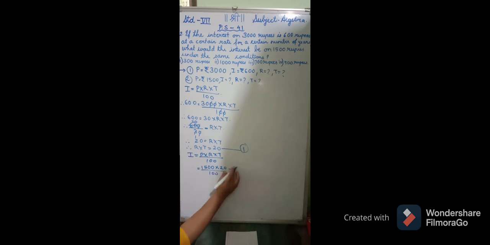This we have got from what? From equation 1. Okay. Now 0 to 0 will go. So what is remaining? 15 into 20. 15 twos are, if we want we'll write it here in this way, 15 twos are 30 and this 0 will give us 300. So interest is how much? Therefore I is equal to rupees 300.